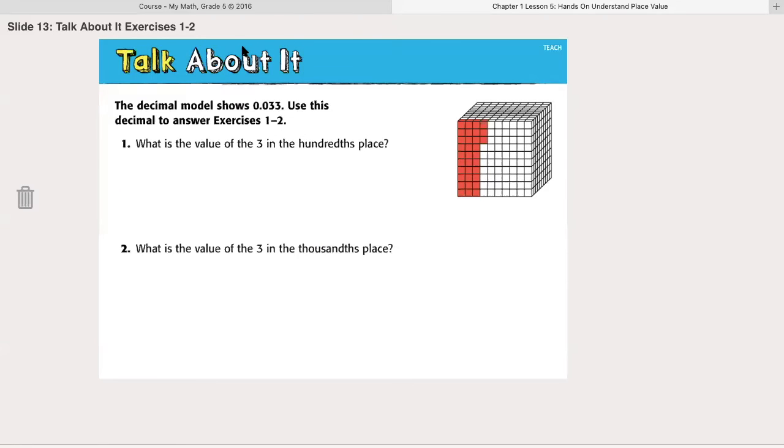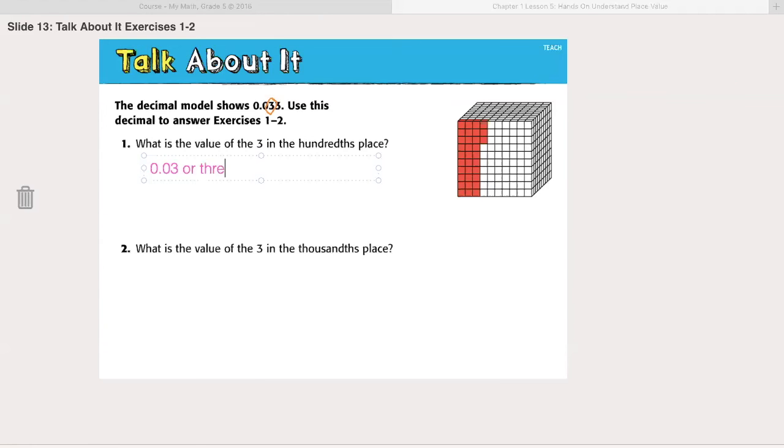Talk about it. The decimal model shows 0.033. Right? It's out of thousandths. The last 3 is in the thousandths position. Use this decimal to answer exercises 1 and 2. What is the value of the 3 in the hundredths place? So we're talking about the 3 here in the hundredths place, not the thousandths place. That 3 has a value of 0.03